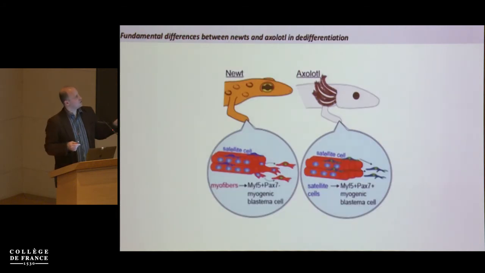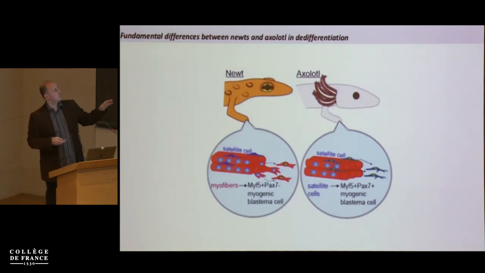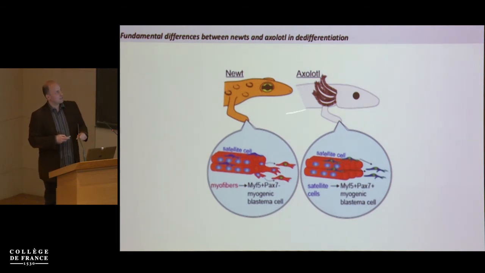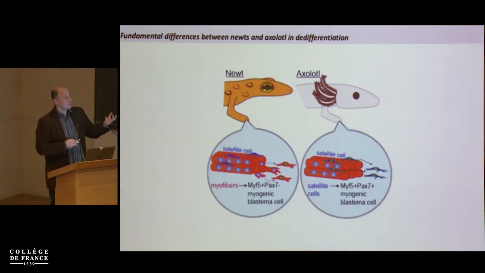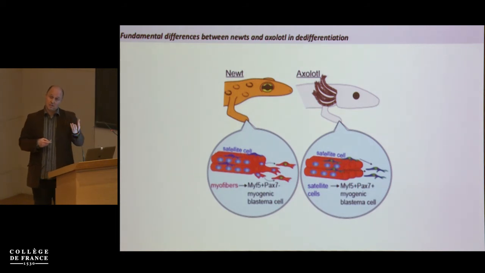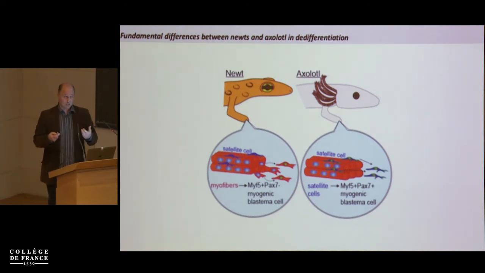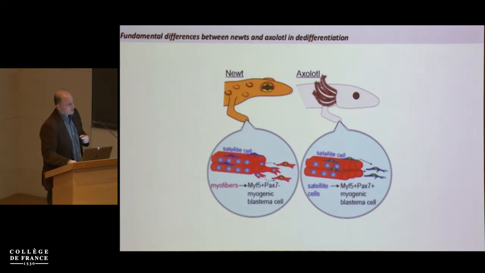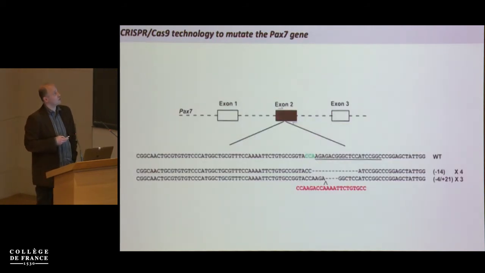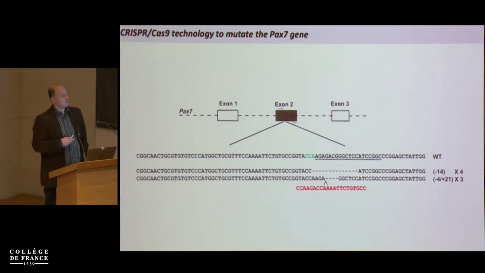This is also interesting because, again, if you compare two different salamanders, the axolotls and the newts, there's good data in the axolotl that muscle contributes only by satellite cells to the blastema and to muscle regeneration. So to start addressing this, we have mutated, using CRISPR now and using Pleurodeles waltl, the Iberian newt, the